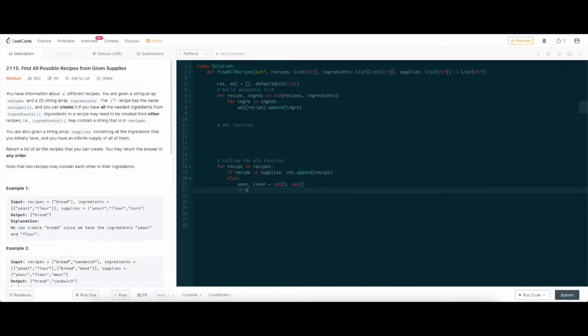if not DFS, recipe, seen 16. Now, if DFS returns a false, false in this case means that the recipe can be built,